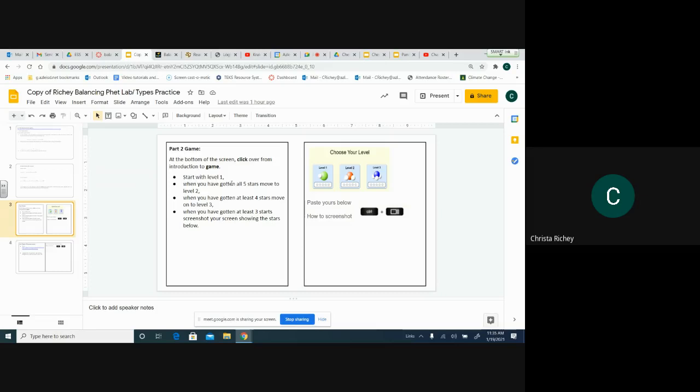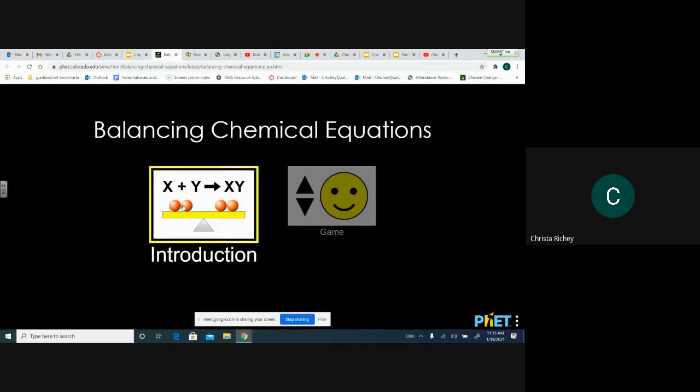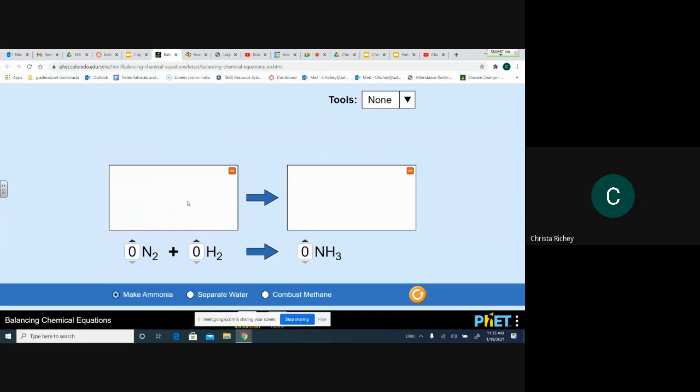If you need to use paper to balance it, there's not a problem with that. There's not a written-out paper version with this particular PhET lab. So if you click on the intro, you are literally going to be balancing by, and like I said, if you want paper, I'm going to go ahead and turn the light on. If you want regular paper,